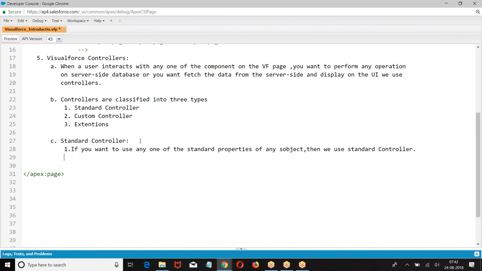Custom controller. What is custom controller? If you want to define your own functionality, then we use it.